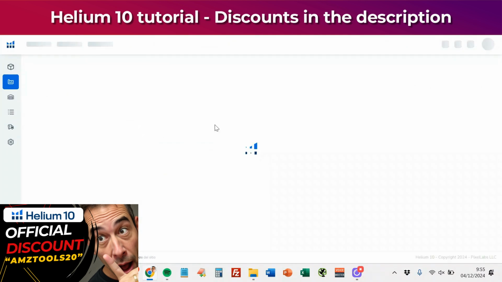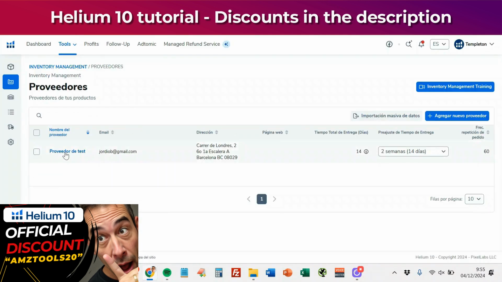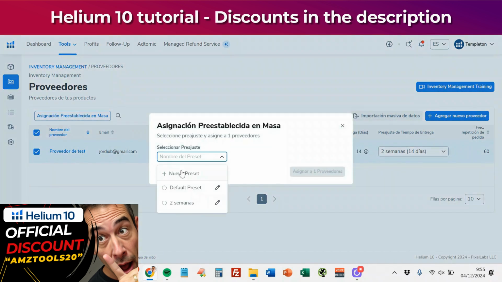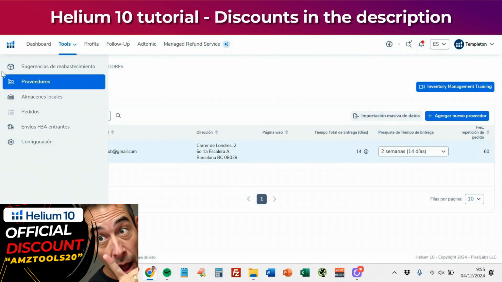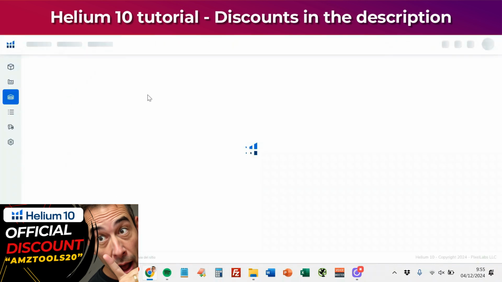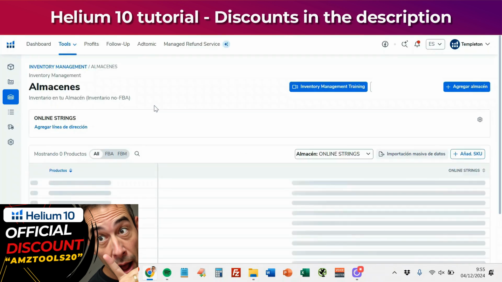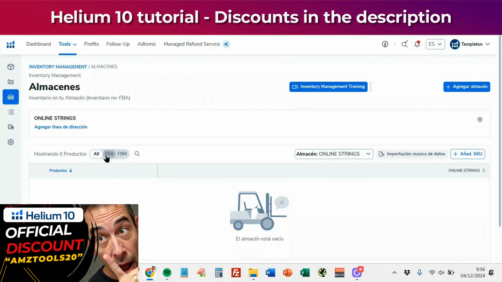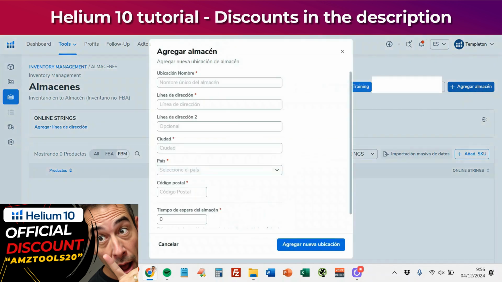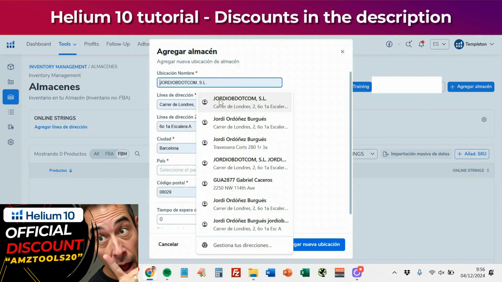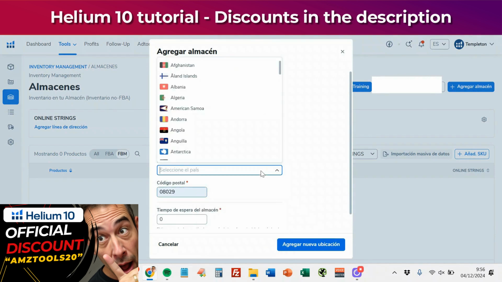We go to suppliers, and here our test supplier will show up. So this test supplier can be assigned a new preset, the default one, etc. What else? Local warehouses. Here I can add my local warehouses for FBA, FBM, or whatever. Here we have the FBA ones, and here we have the FBM ones. In my case, for example, location or name, let's put the company's address, and we'll say that this is in Spain,